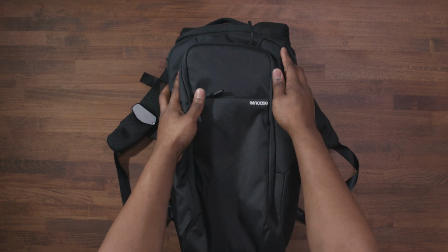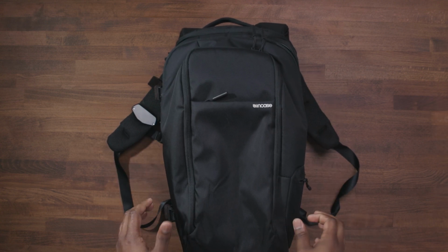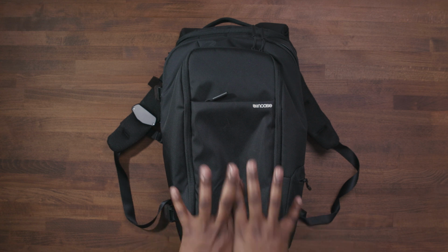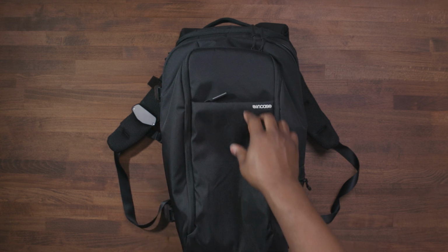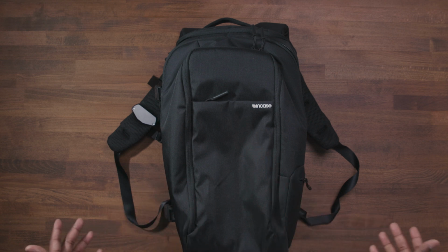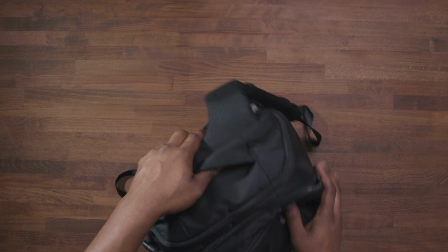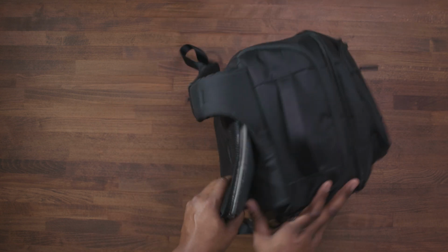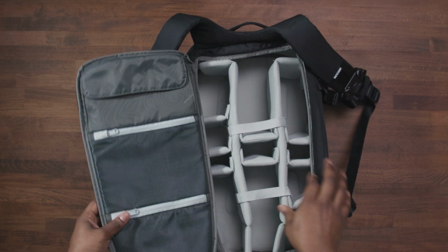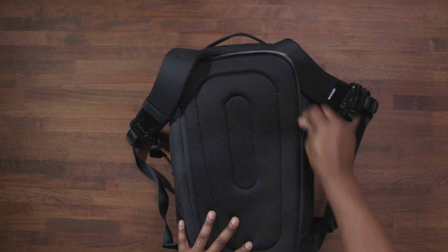Alright, so here we go. We've got the Incase Camera Pro Pack design backpack here. Let's talk about some of the pros of this bag. Now, the biggest pro of this backpack compared to all other camera backpacks that I've owned is just the pure versatility of it. Not only does it have your rear camera compartment, which is necessary for a camera bag,